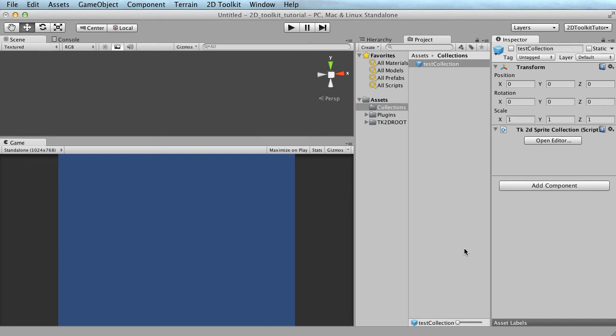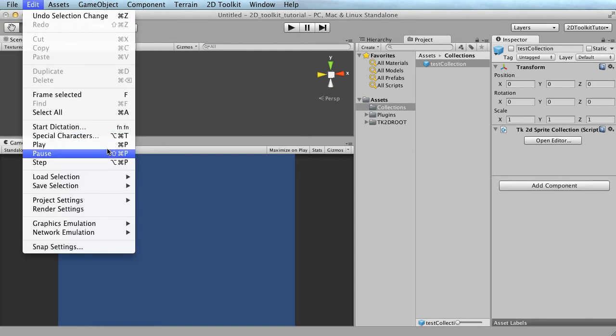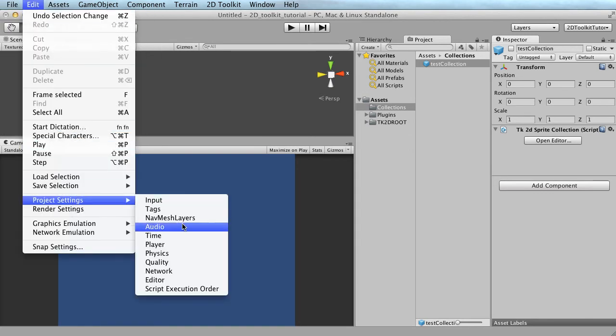Alright, so now that we have our project and 2D toolkit installed here, let's start doing some stuff with it. Let's start by just doing a little bit of setup on the Unity side. Right now we have a huge game here. I'm going to be recording this small window, so I'm going to make it smaller. Just go to Edit, Project Settings, Player,